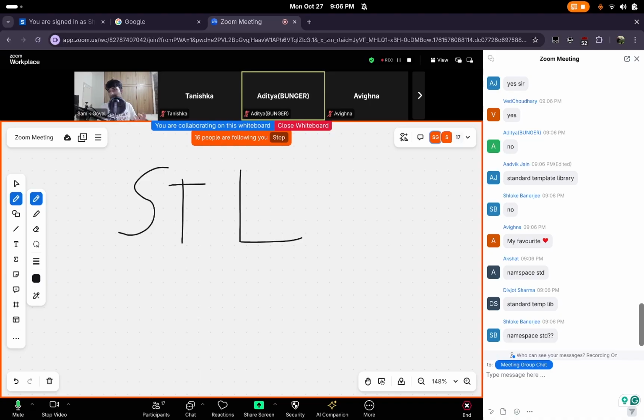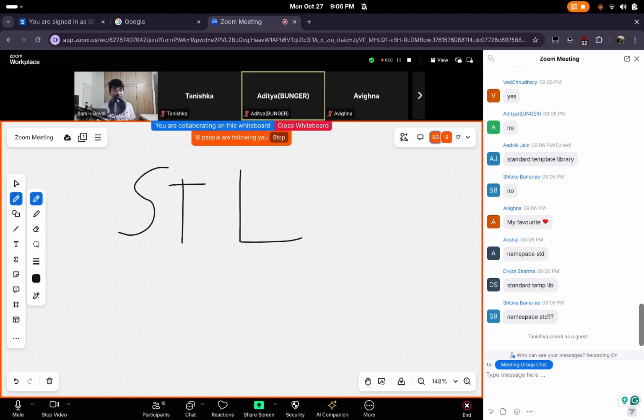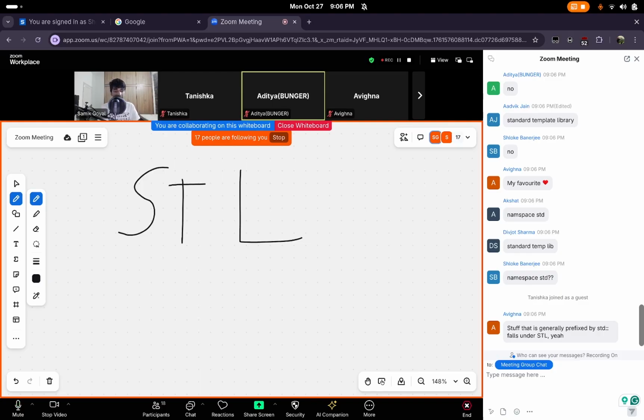Maybe some of you know std::array or sort, lower bound, upper bound. Basically anything that you have used, that's a part of the STL. Yes, whatever's prefixed by std is usually STL. In CP competitions, you cannot use anything except the STL. Sometimes, and keep in mind, this is only sometimes,